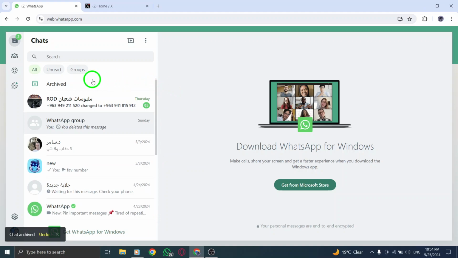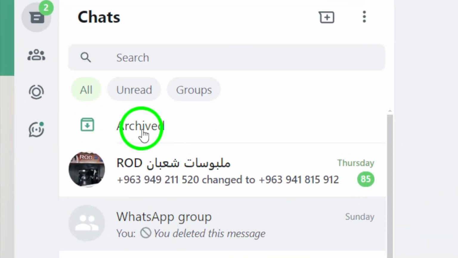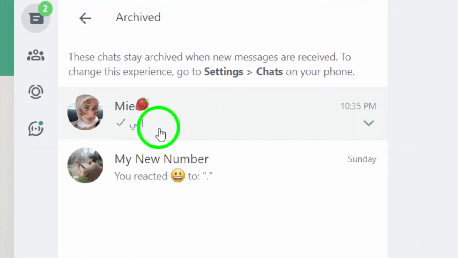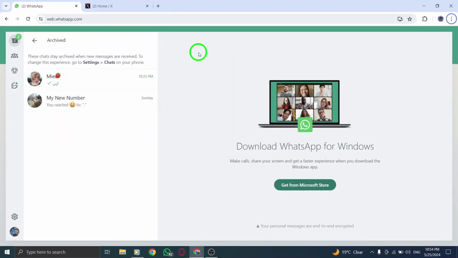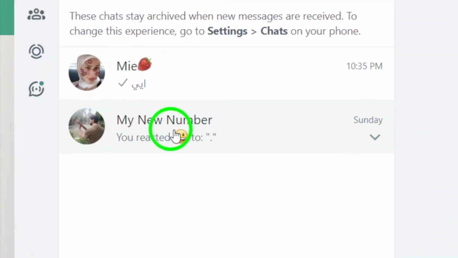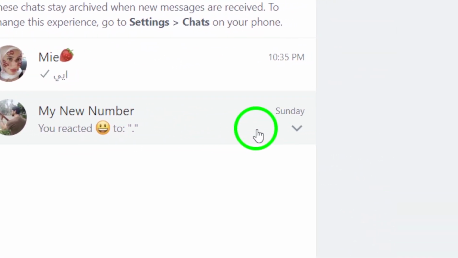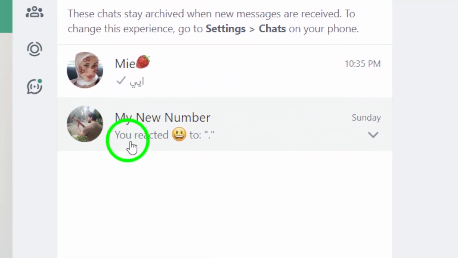At the top of the Chats section, click on Archived Chats. This option allows you to view all the chats that you have previously archived, making it easier to locate and unarchive specific conversations. Find the group chat you want to unarchive within the Archive Chat section. Scroll through the list of archived chats to locate the specific group chat that you wish to bring back to